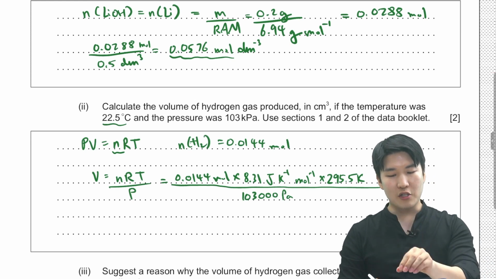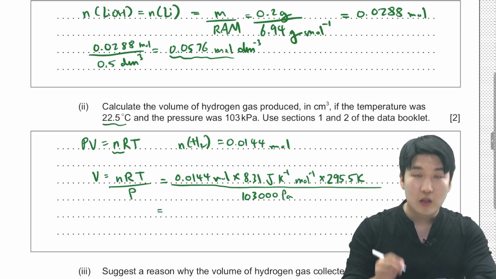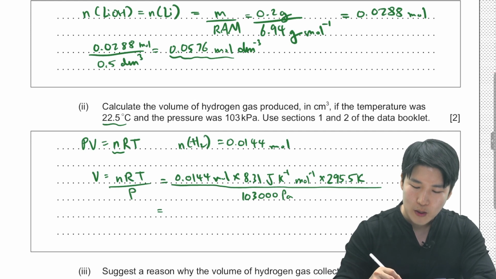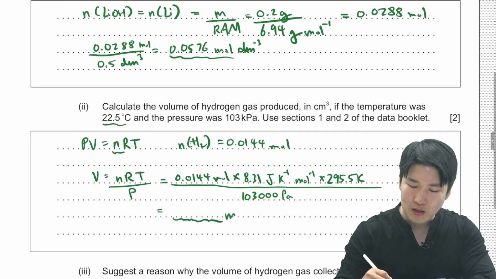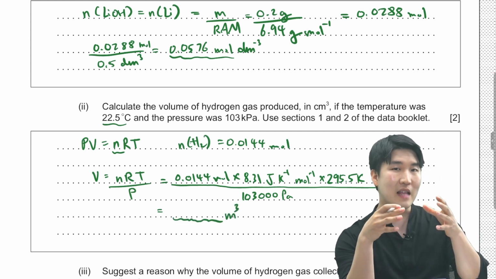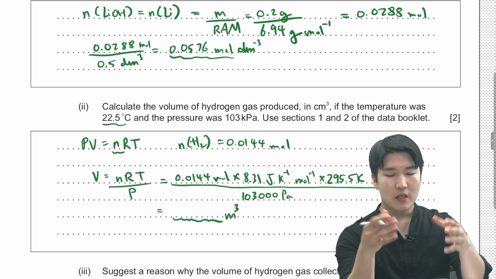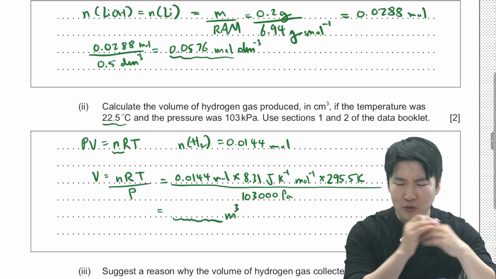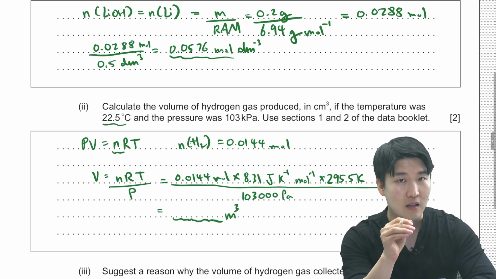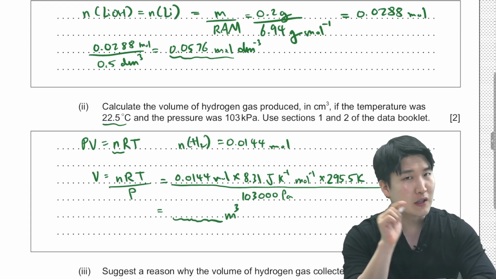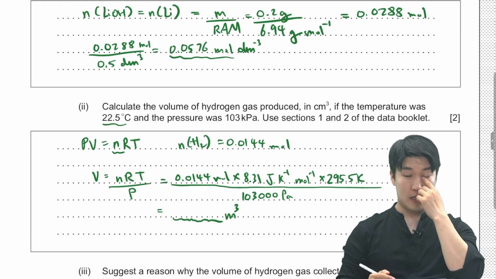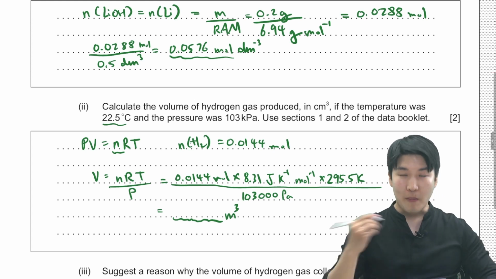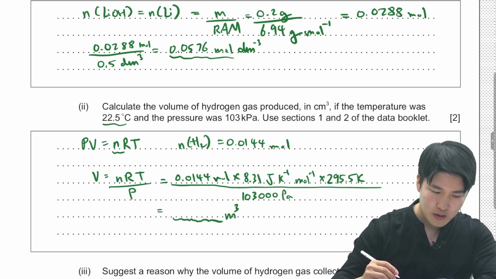Now, this should give us the volume in the unit of meter cube. Why? Because that's the standard unit for volume utilized in PV equals nRT, provided we have used Pascal for pressure, not kilopascal. Do the math, and we'll be given